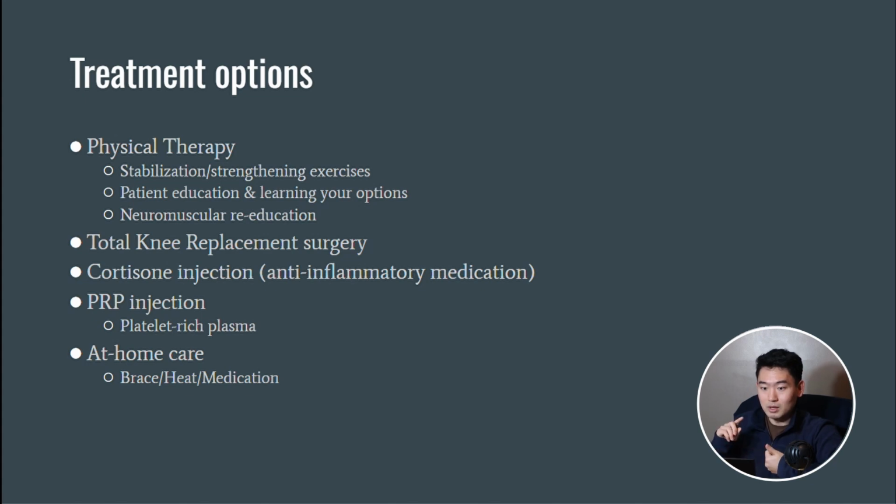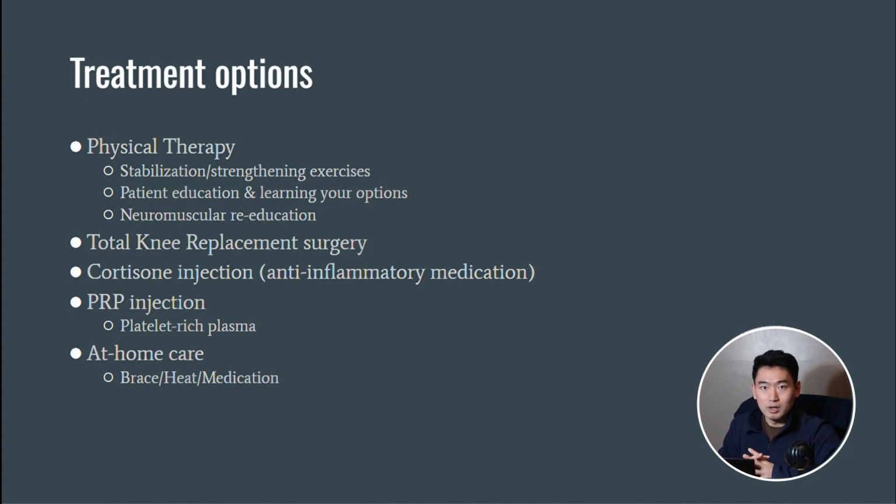So doing the stabilization and strengthening exercises for the knee, patient education, and learning your options going forward. What do you want to do in terms of how to manage pain and how to treat the knee going forward? And then we have the neuromuscular re-education,